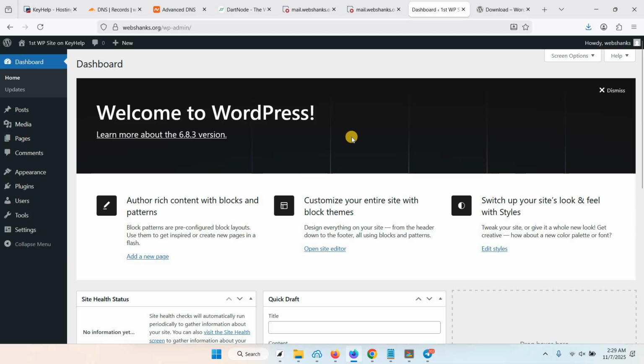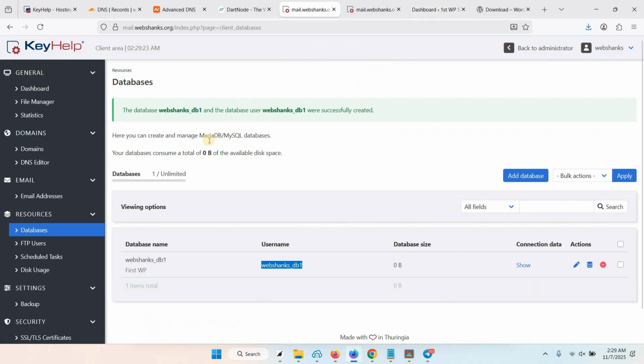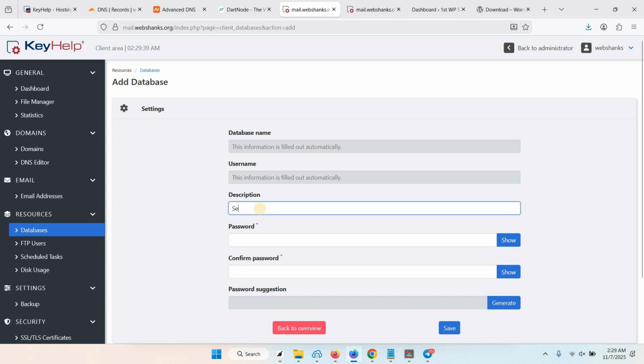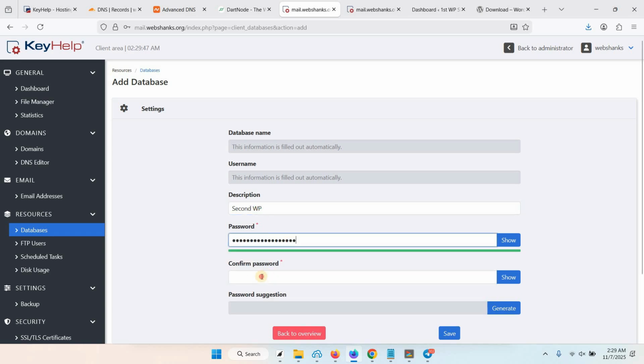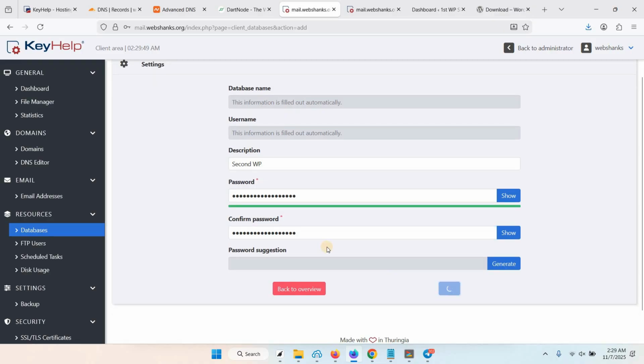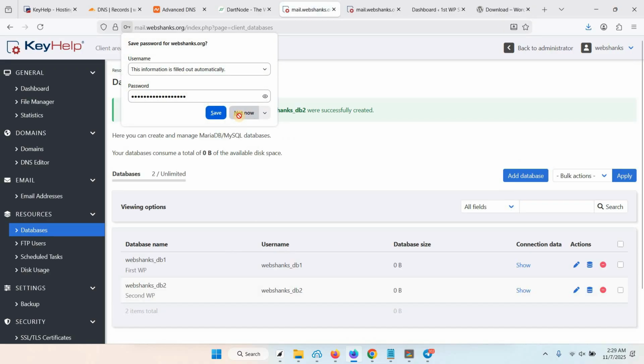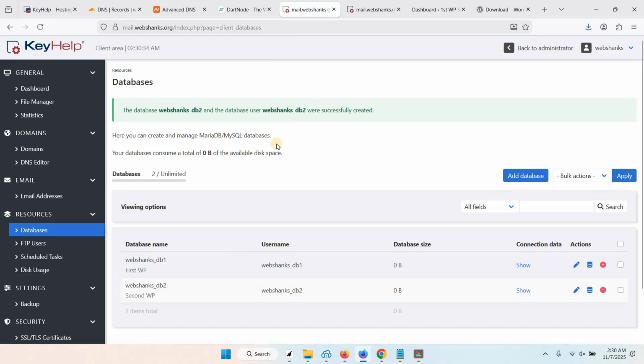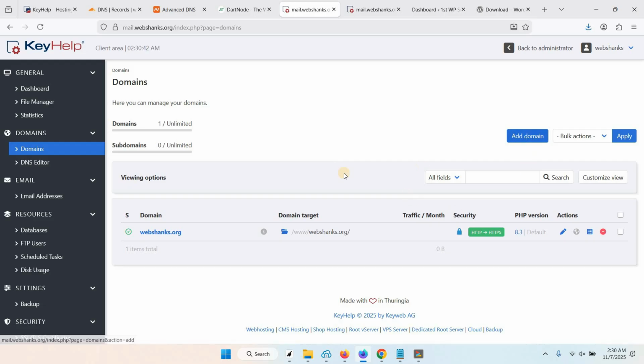So if you want to add more, we'll add another website. So let's go back to database. We will add another database. Okay, second WP, and set a password and click save. So now we have created the second database. We will add another domain. So let's go to domains, then click add domain,